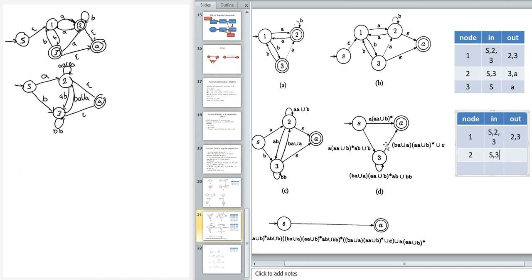2 pointing at. So 2 is pointing at the accept, and it's also pointing at 3. So it's pointing at 3, and it's pointing at the accept. Okay, so now we know all the combinations that we need to work on, and we know that we need to remove